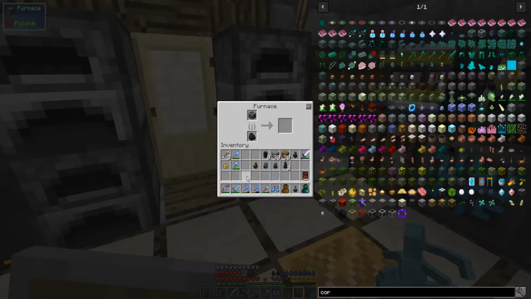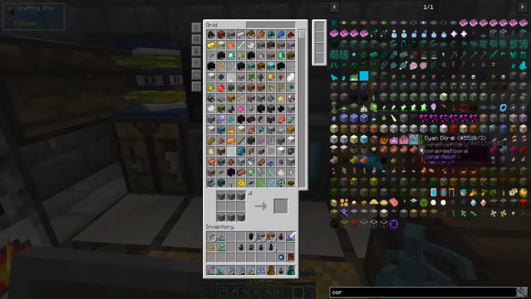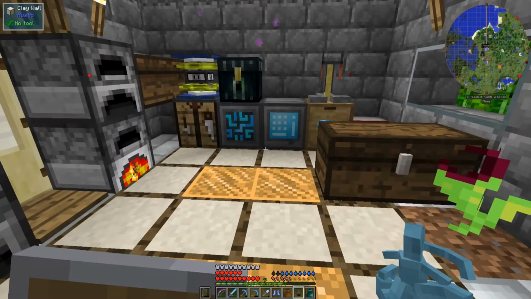Oh, I had coal right there, but so I'm going to smelt this, and then it's going to turn into this. There we go, corallium pearl, and then I think it's the pedestal. Yes. Okay, so now I got my pedestal, I got my pillars, and I want to put this somewhere